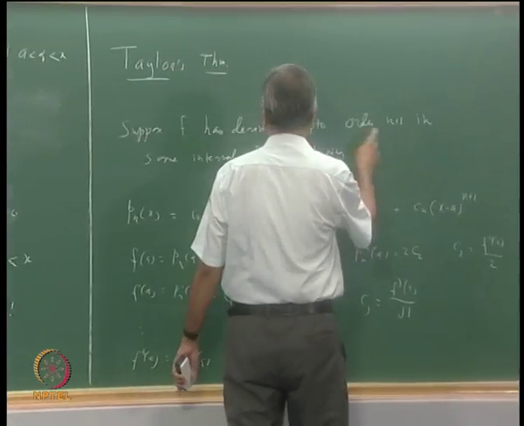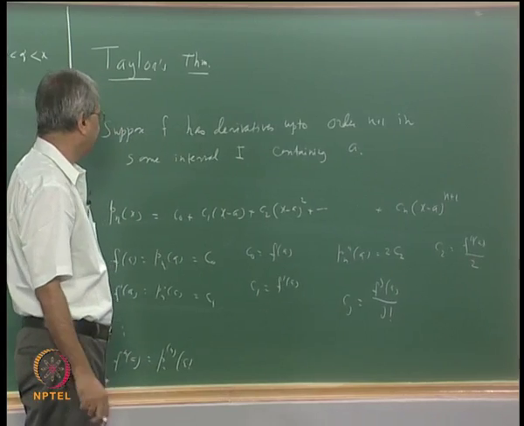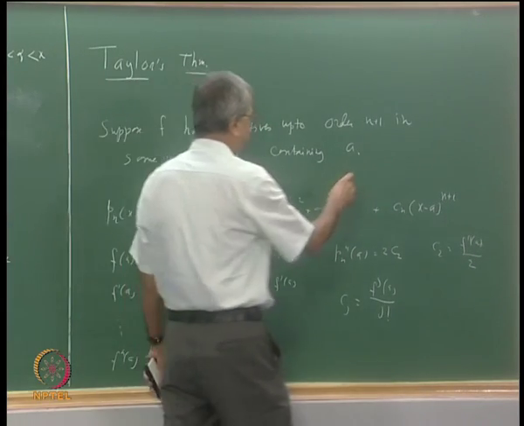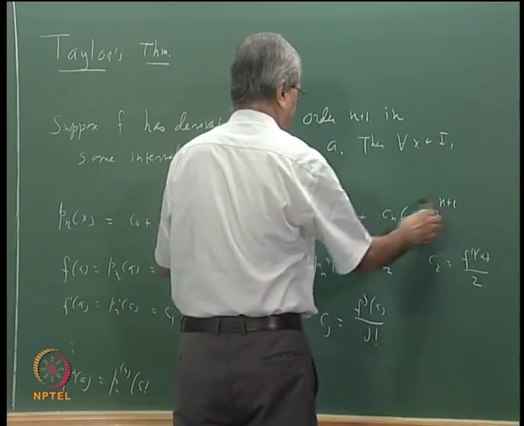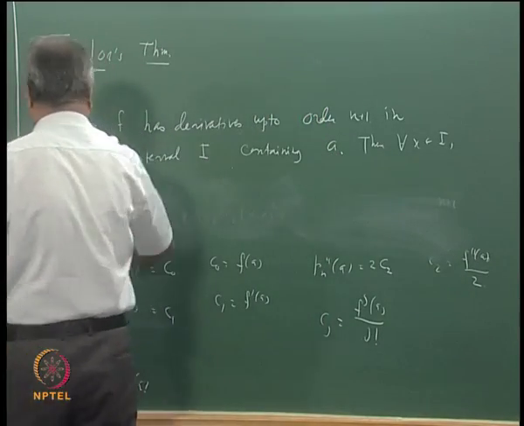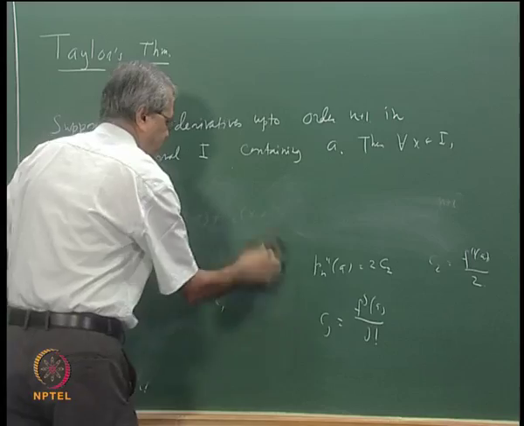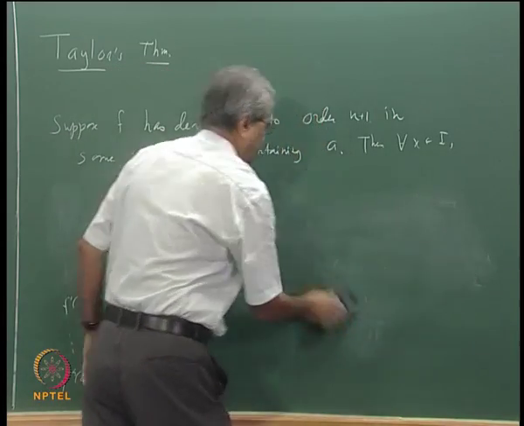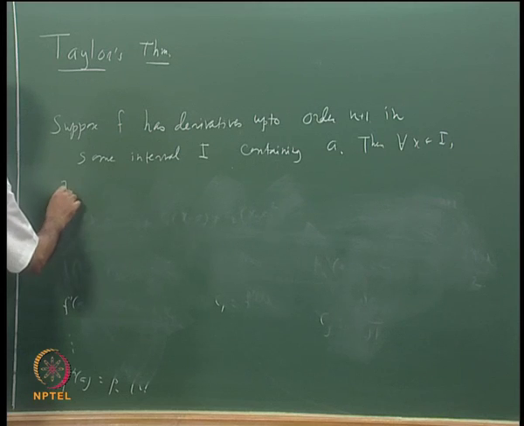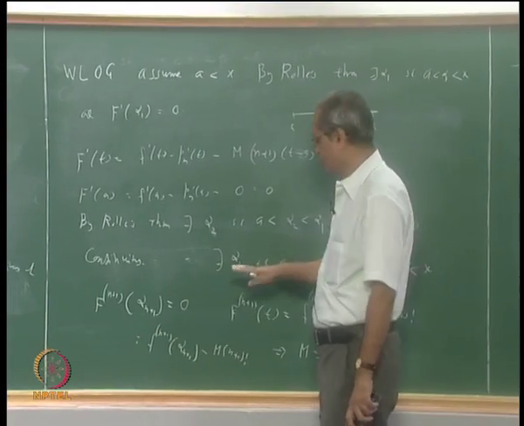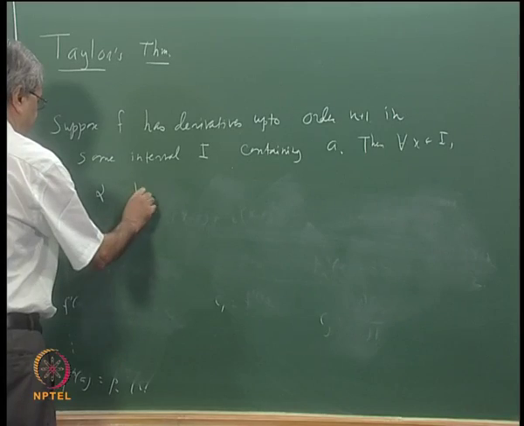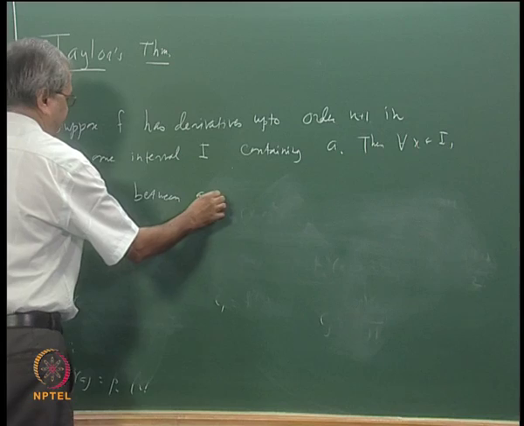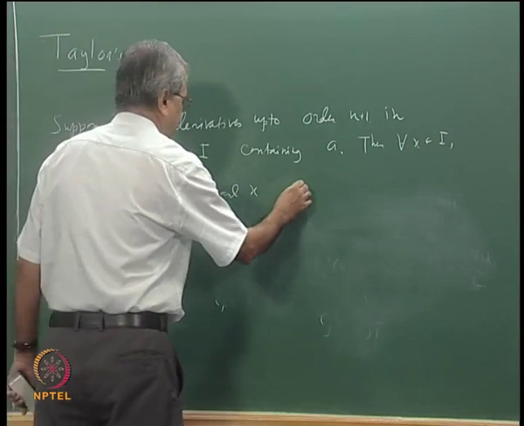So suppose f has derivatives up to order n plus 1 in some interval I containing a, then for every x in I there exists, okay, instead of calling that point alpha n plus 1, I will simply call that point alpha. Okay, there exists alpha between a and x such that